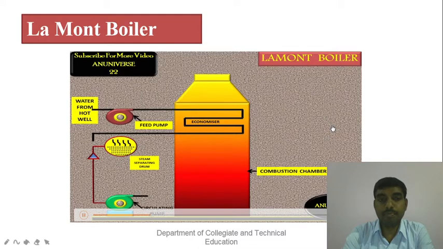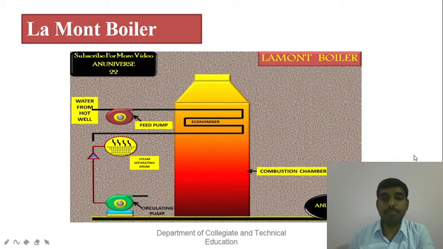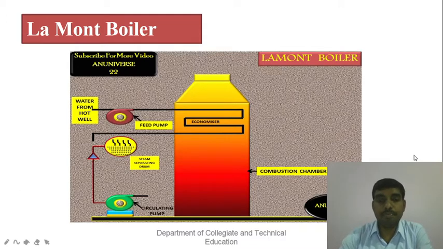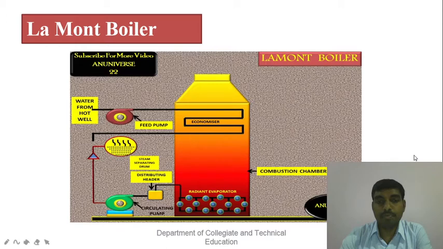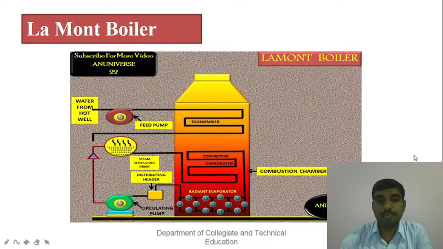Generally water is circulated with the help of a centrifugal pump, and forced convection is generated. This centrifugal pump is used to circulate water inside the boiler, and the pump is driven by a steam turbine, and steam for the turbine is taken from the boiler. This is the distributing header. With the help of the distributing header, water is supplied to the evaporator tubes or water tubes, and these evaporator tubes are connected with the steam separating drum.